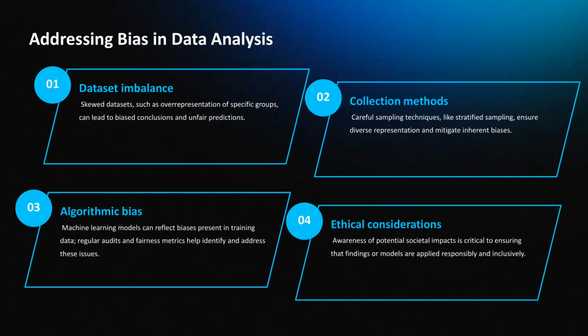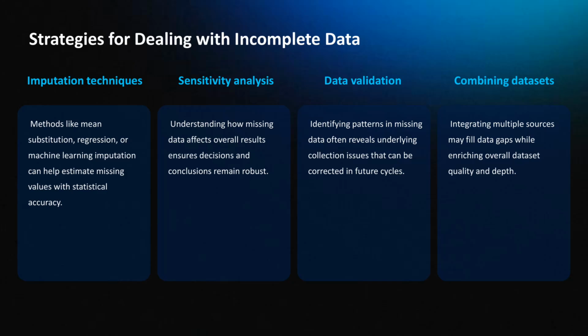Bias in data can lead to unfair or misleading conclusions, so it's important to recognize dataset imbalances, use diverse sampling and collection methods, audit algorithmic outputs for fairness, and consider ethical implications throughout the pipeline to ensure models and findings are applied responsibly. When facing incomplete data,